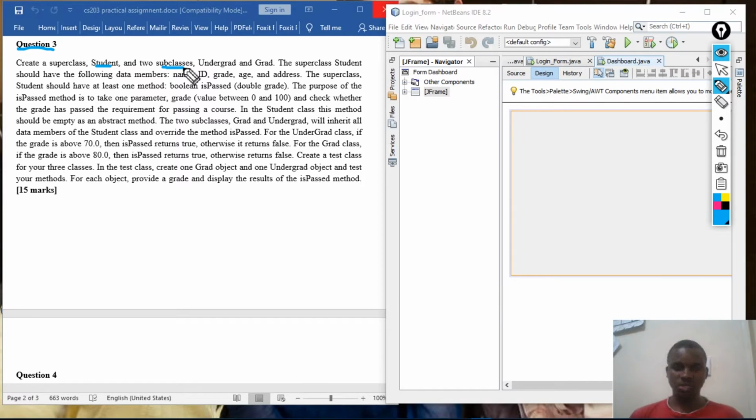So there are rules in inheritance, guys, that you have to know. The subclasses can have only one parent class, but the parent class can have as many subclasses.